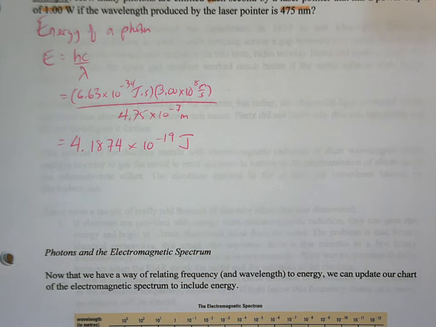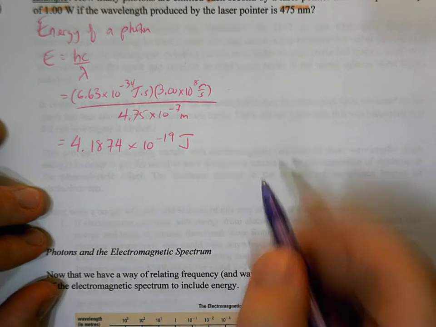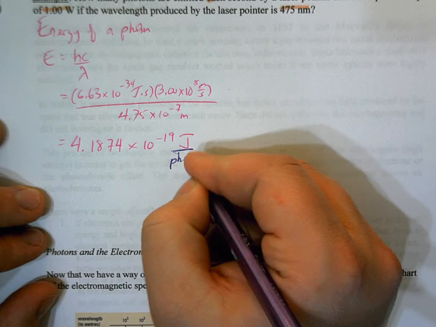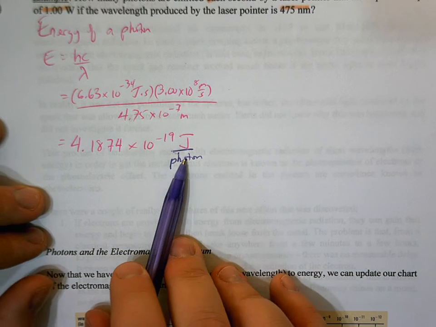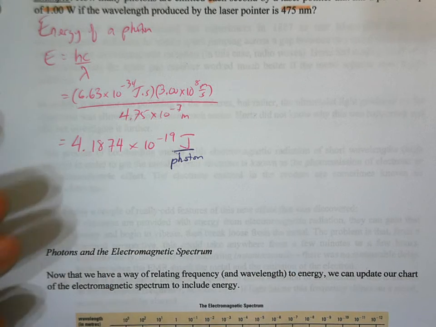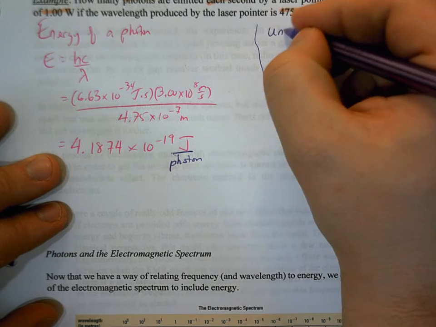What I'm going to do next is add something to this, and this is going to help me with the units and analyzing this. So this is the amount of joules per photon. So this is the energy for a single photon. We're going to come back to that. And I'm going to do this up here. So in terms of units,